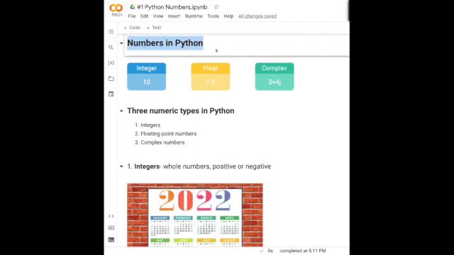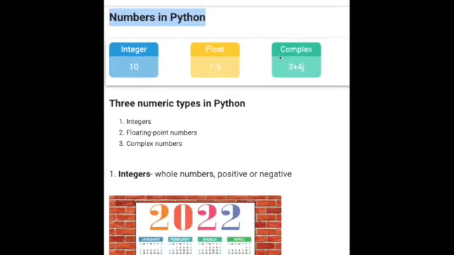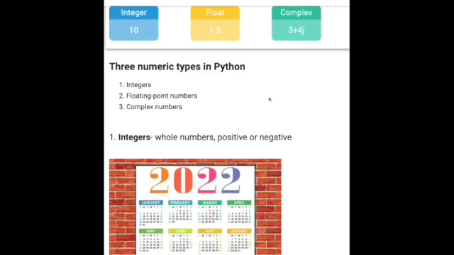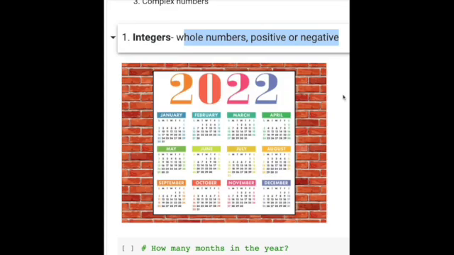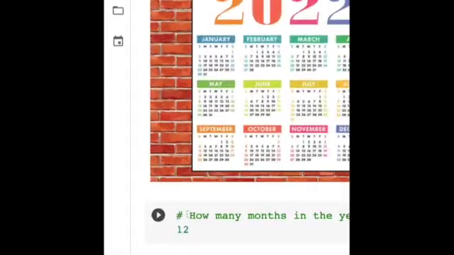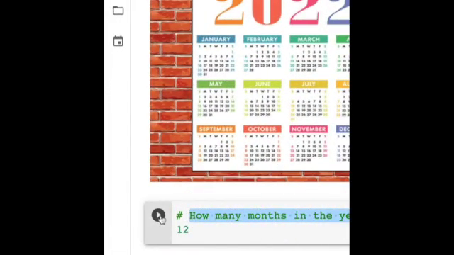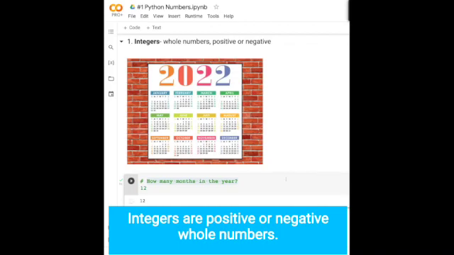Numbers in Python. And so there are three types of numbers. There are integers, floats, and complex numbers. And so starting with the integers, these are simply whole numbers and they can be positive or negative. So the answer to the question, how many months are there in a year, then that 12 is an integer